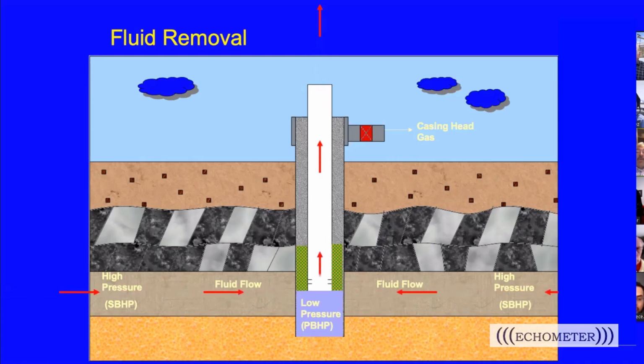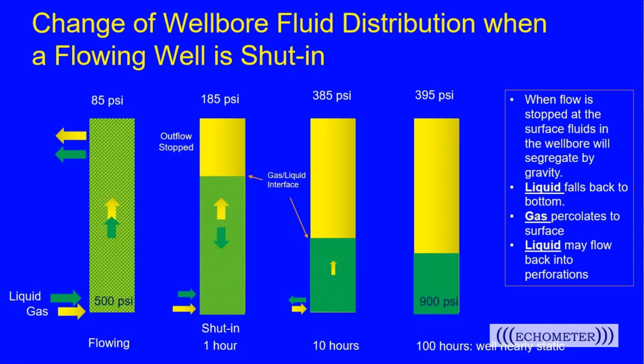So once we shut the well in, what happens with our fluid distribution in the wellbore? Well, when we start out, our fluid may be near the surface. It may be all the way to the surface, especially if we're above critical velocity and we're carrying the liquid out of the hole. If we're liquid loaded, we may have a liquid level in the tubing if we're flowing up the tubing. But once we stop our flow,